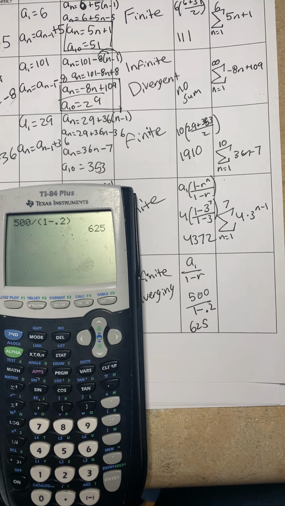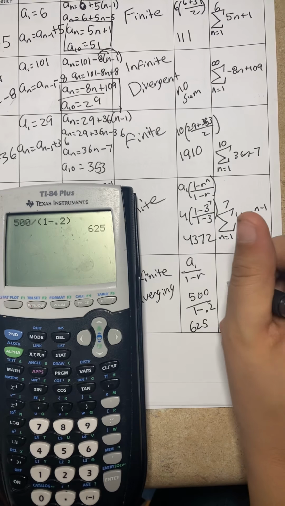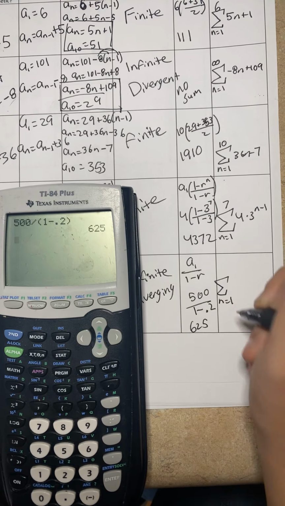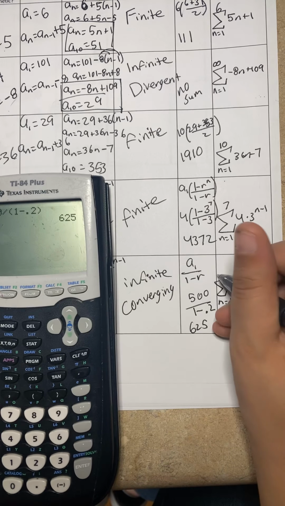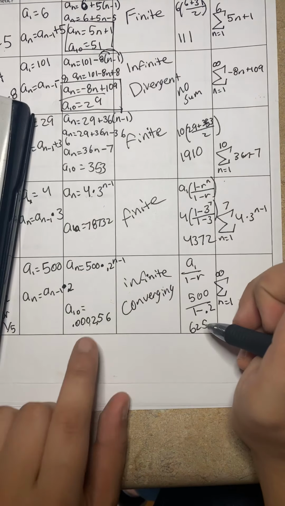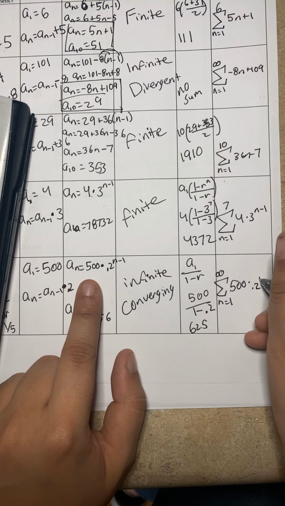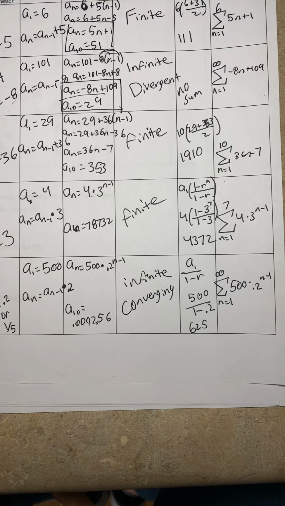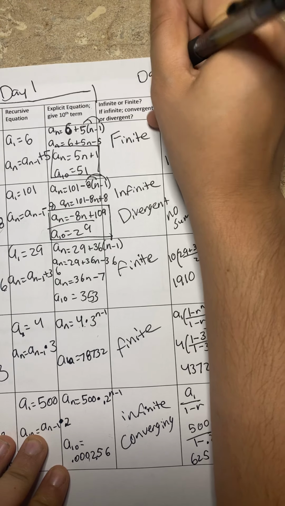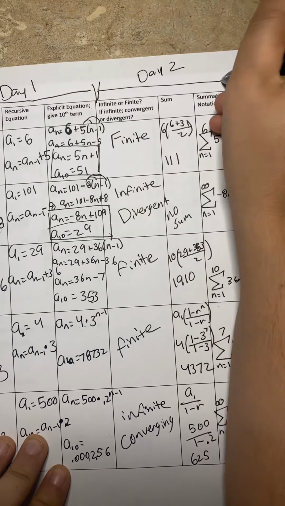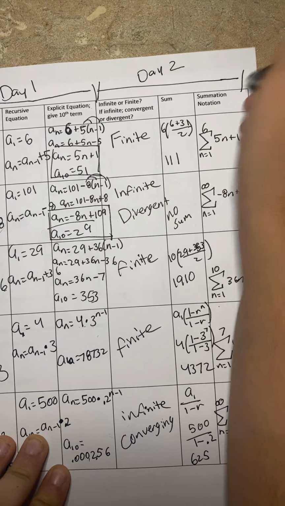Okay, and then the last part, our summation notation. Again, we write our sigma. N equals 1 goes on the bottom, and because it's infinite, that means we use the infinity symbol on top. And then our equation, 500 times 0.2 to the n minus 1 power. Our explicit function is what goes at the end. All right, so that's that second page filled out. That's day 2. We filled out the second half of the table. Okay, so we're going to flip over and fill out those last 2 rows,